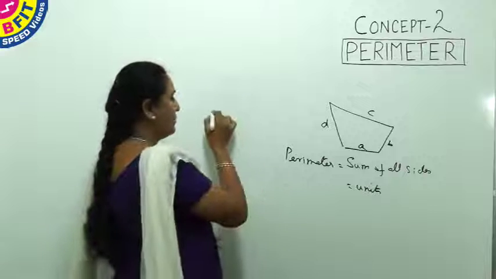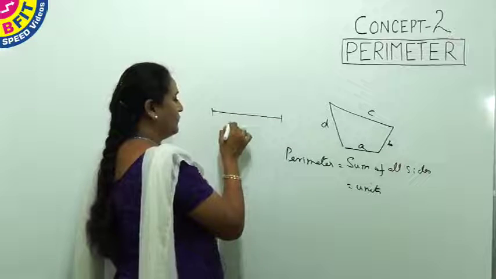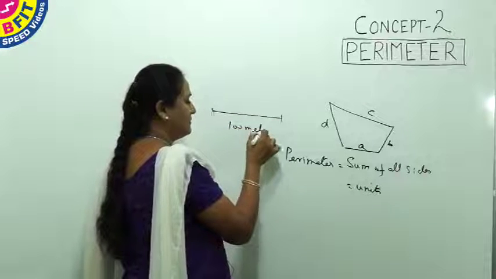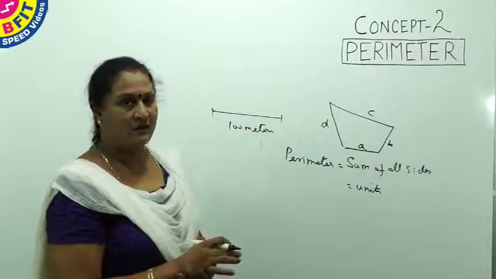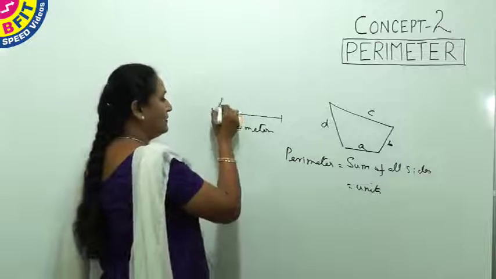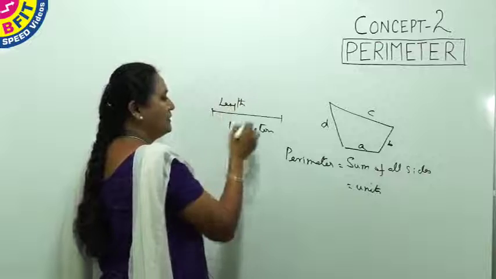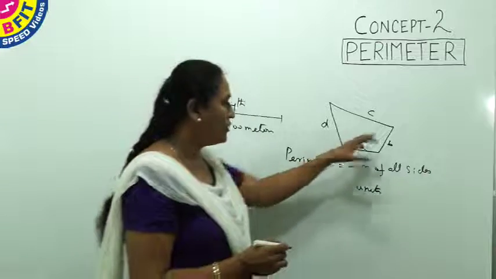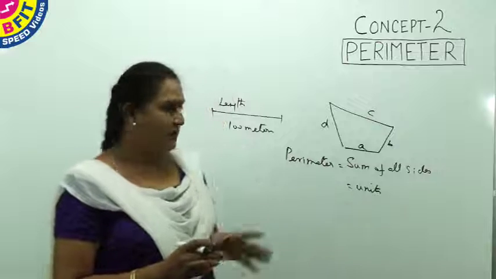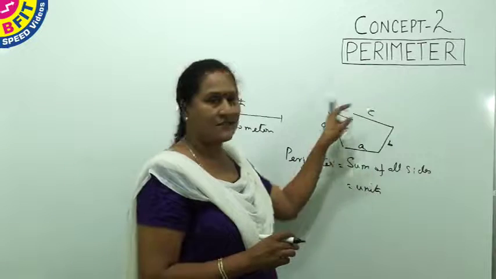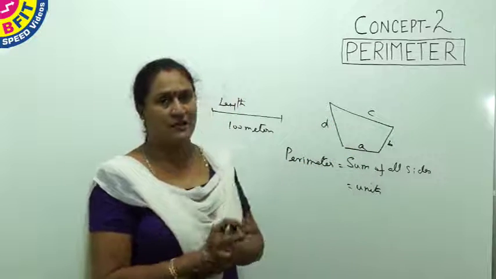Suppose we have a road of 100 meters. Now for an open one, it is not a perimeter. It is just the length. So what is the length here? 100 meters. And for a closed shape, we don't say it as a length. It is the perimeter. So perimeter is the one where all sides are added for a closed shape,